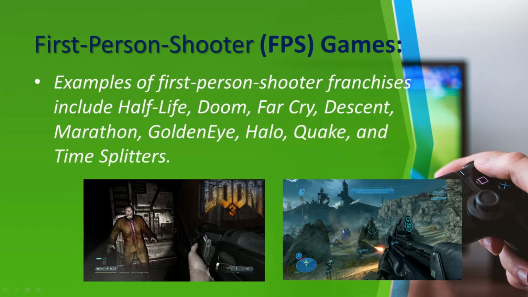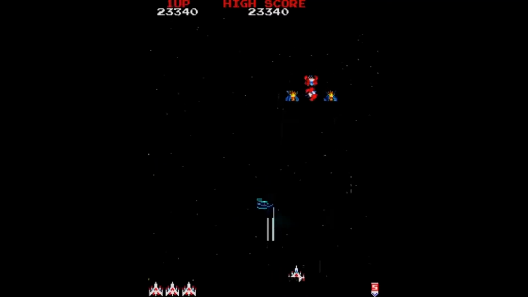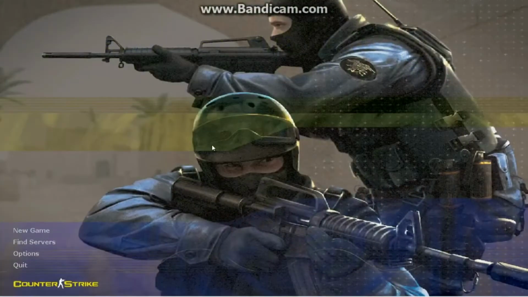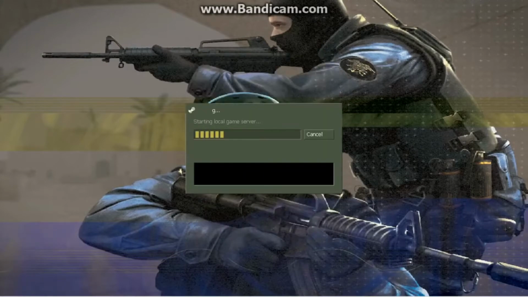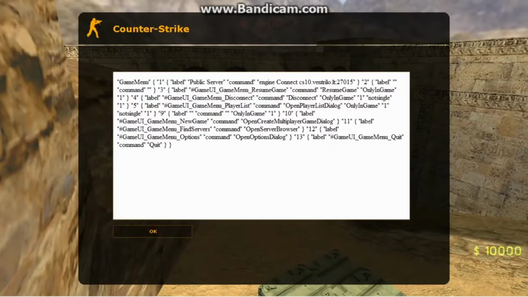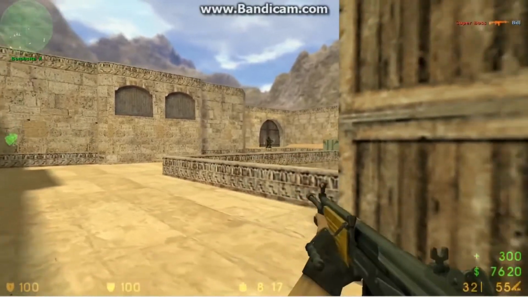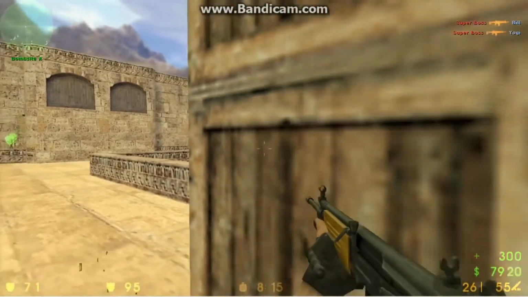Let's see an example of a game under FPS. I assume most of you are familiar with this game. This game is called Counter-Strike. Basically, in this game,